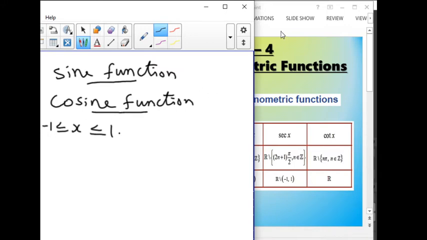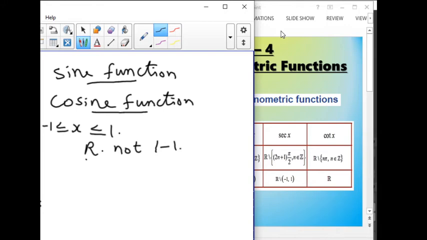So this cosine function in this domain, that is the domain R, is not 1 to 1. It is not 1 to 1 in the real numbers. So because it is not 1 to 1, we cannot have inverse function. Inverse of cos function we cannot have in this domain, because we know that a function